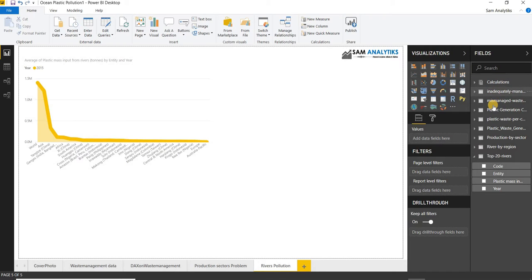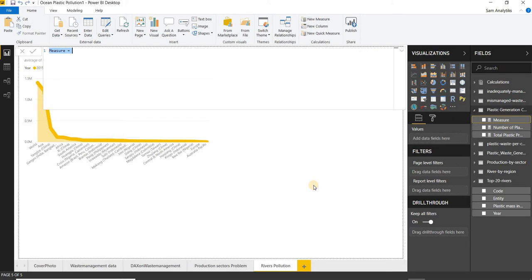For this I will take another measure, which I will take from here, and in this I will write count of plastic 20 rivers, which will be a calculate.